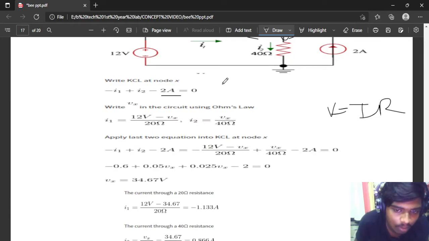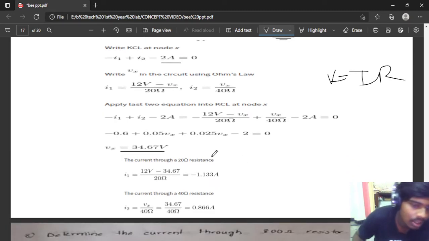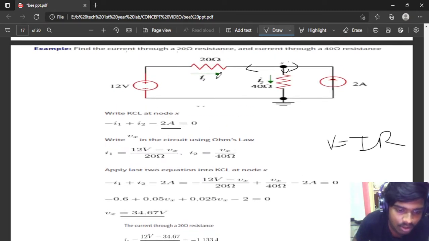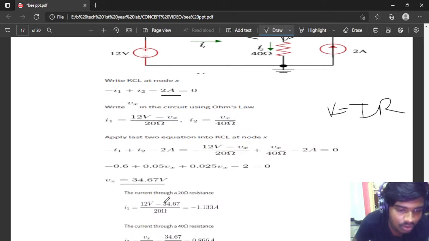By solving these two equations, we get the Vx value as 34.67 volts, and the current passing through the 20 ohm resistor is, we are going to substitute in the formula, 12 minus the answer we got